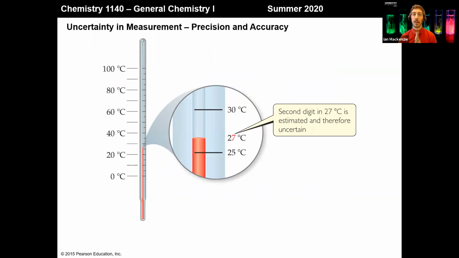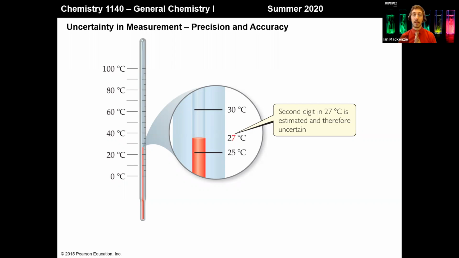Now, additionally, when we are talking about uncertainty, it also shows up in how we actually measure on a physical tool. So any tool of measurement that has markings, there will be some level of uncertainty associated with that tool. So in this case, a thermometer that has markings at 25 and 30, and you can see the level lies somewhere in between those two. We have to estimate that last digit. And so we would estimate it to be approximately 27 degrees Celsius. And that last digit then would be our uncertain digit